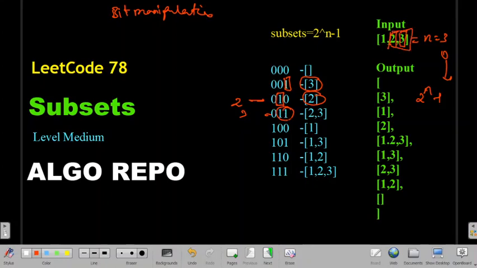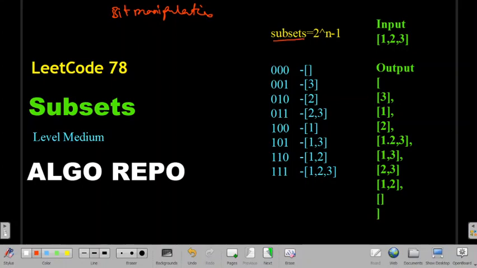So whenever I see in my binary number that on this index I have 1, I will take that index and store it in an array, and I will say that this is a subset of the given input. For that, first of all we'll find the number of subsets.